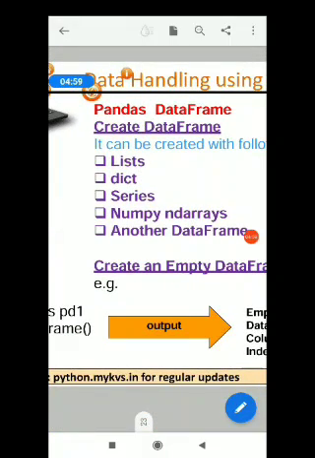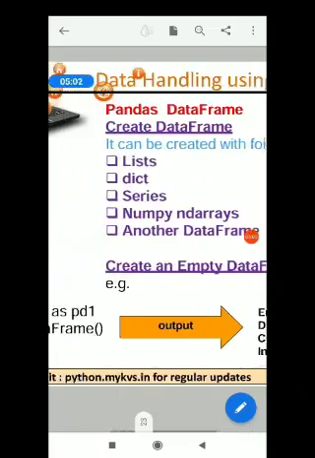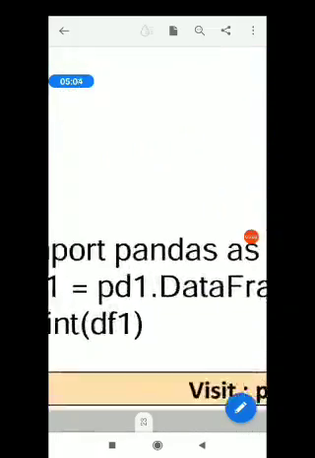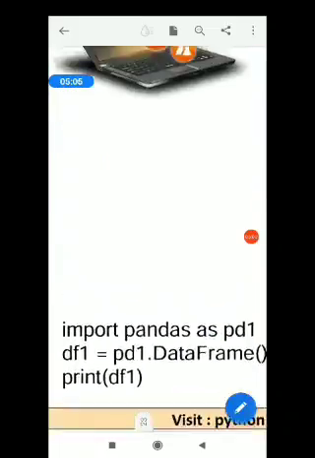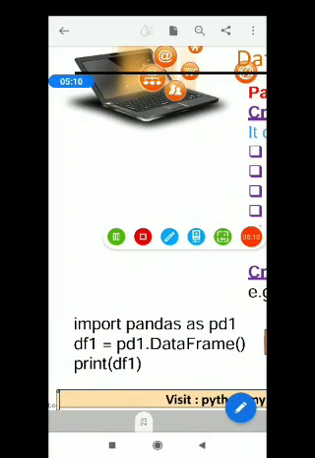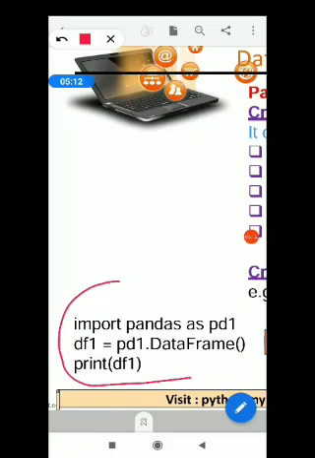For example, let us create an empty data frame. For this, I am using this code. Please note down the code in your copy first. Of course, the first line of the code must be import pandas as pd, and then you have to provide a data frame name.